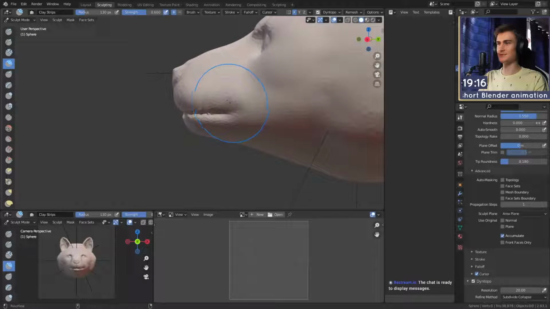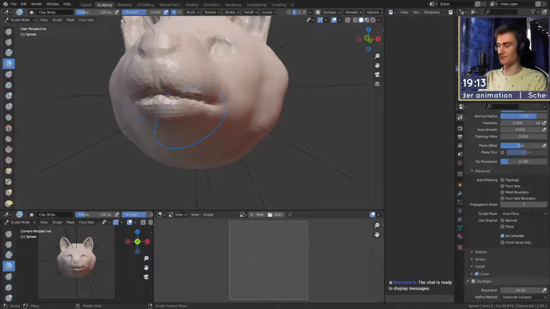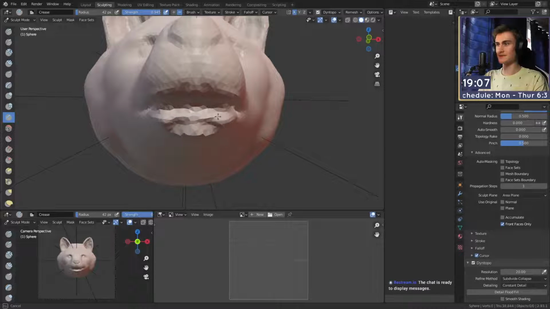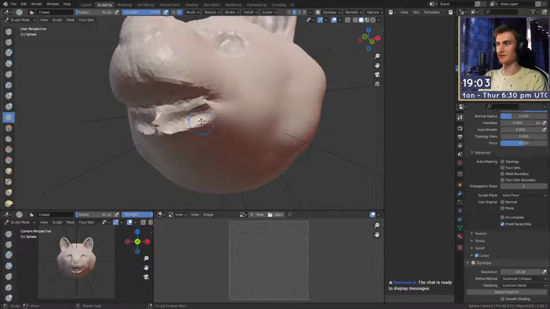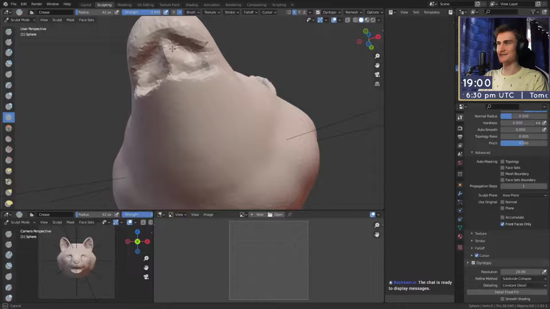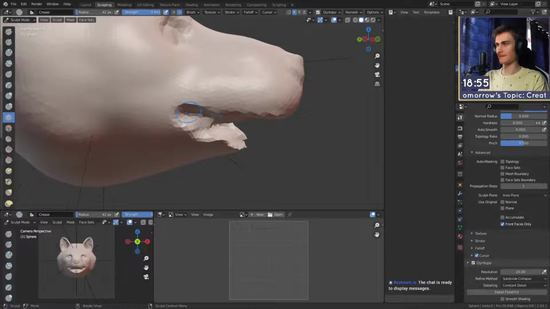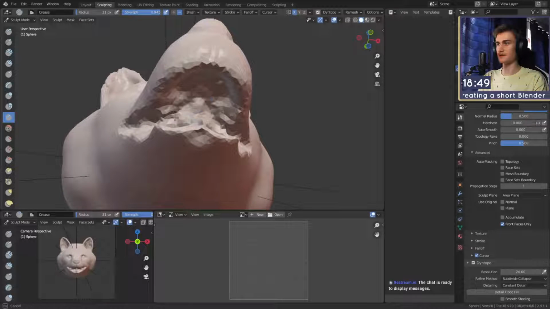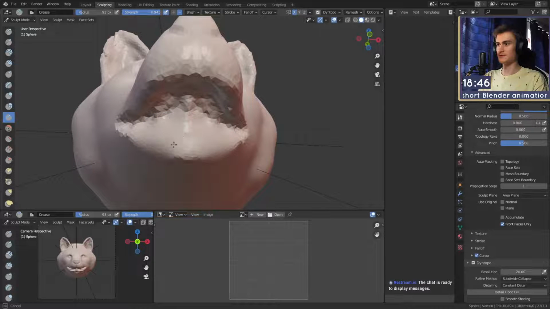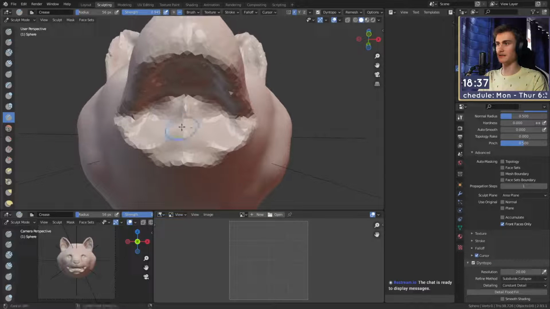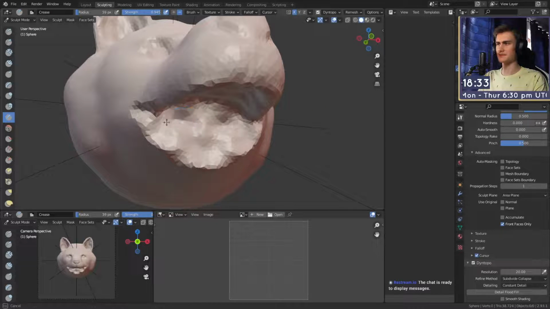Okay. Oh, I actually wanted to give him a smiling, open mouth face. So we have to remove the lower lip. I completely forgot about that. So let's get rid of this. We don't need you anymore. We're gonna give you a new one. New jaw. Yeah, probably over here. That's probably the furthest that it'll go. There you go. Smooth it out to not lose any geometry. Sometimes if you really dig into some areas, and they're very small, you can really mess it up, because, I don't know why it happens, but sometimes dynamic topology just disconnects faces, which then means